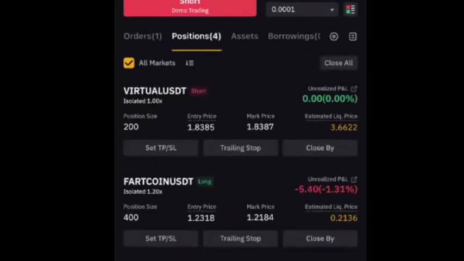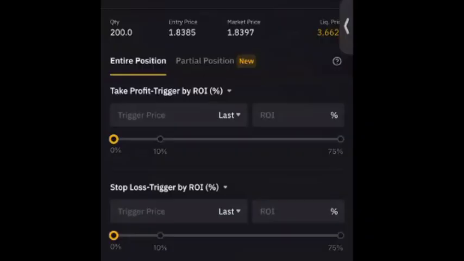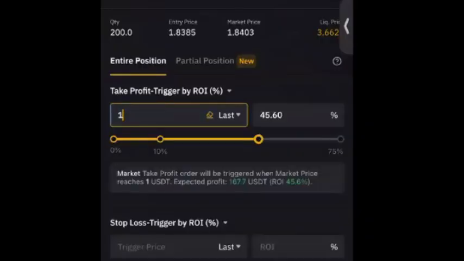As you can see, my estimated liquidation price is 3.66. What does that mean? If the market should rise up to 3.66, I would lose all my money. But if the market should keep going down, I'm going to click set TP. I want to show us if the market should drop to $1, my profit will be $167. You can see $1 is not far from 1.8. But this coin is so volatile that even though my capital is just $320, it's going to give me $167